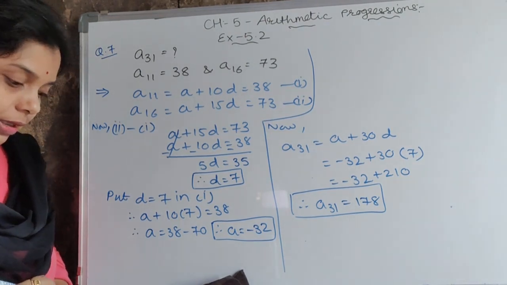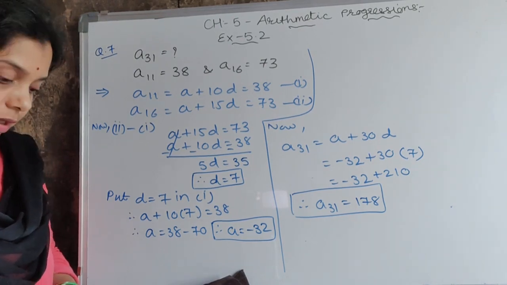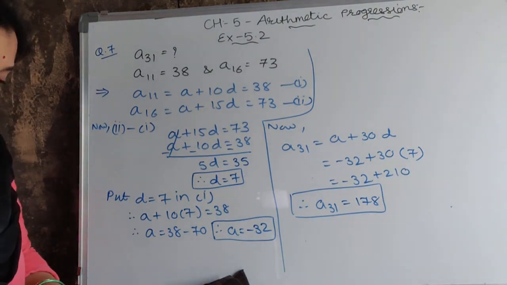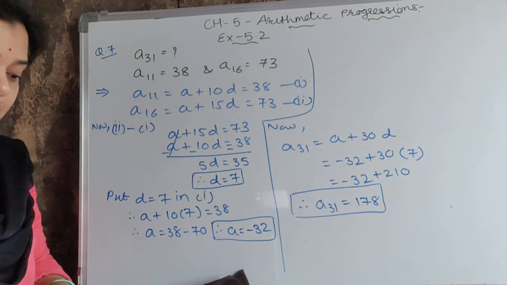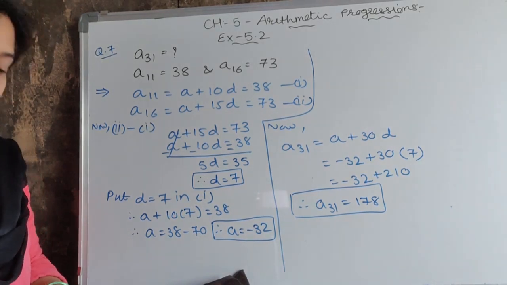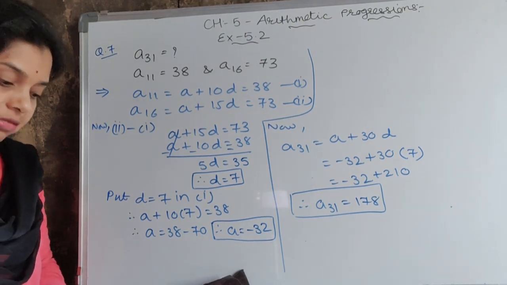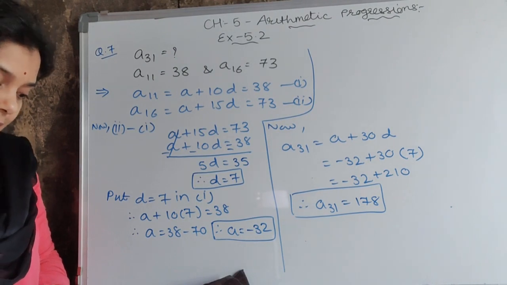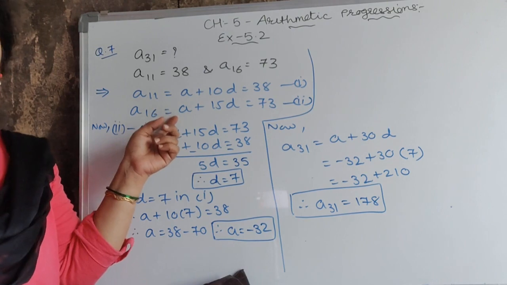Like 7. In the 8th, it is given that 50 terms are there in the AP and the third term is 12. It means A3 is equal to 12. And the last term, total 50 terms are there, it means A50 is equal to 106. So by using the A3 and A50 terms, you can find out the A29 term. This is the same example just like question number 7.